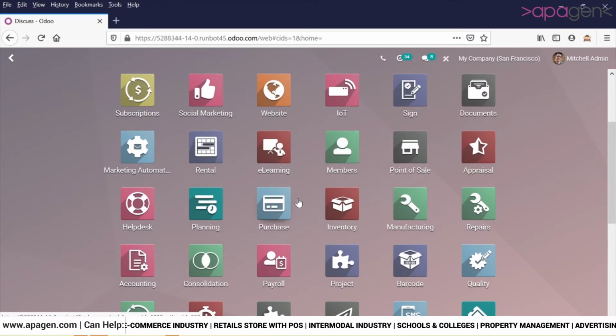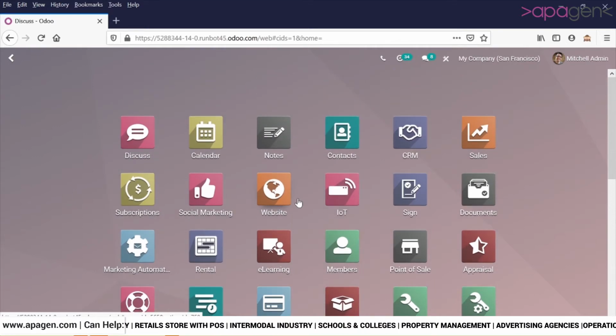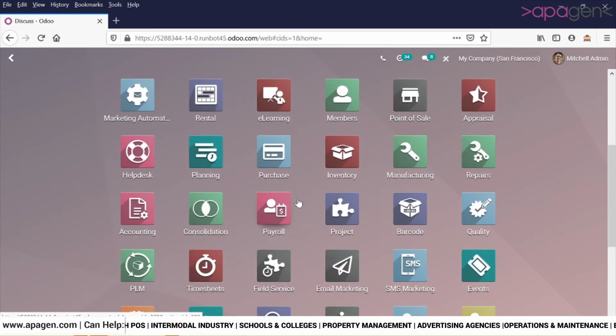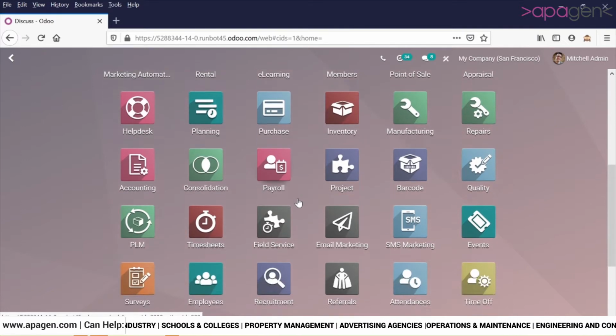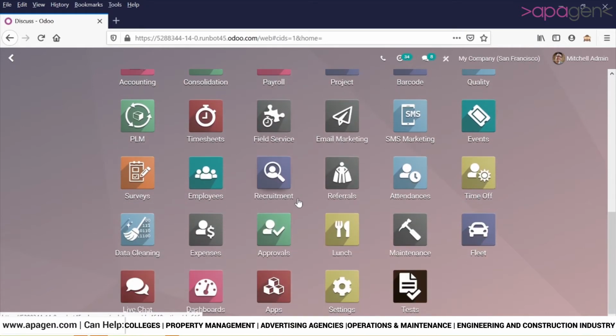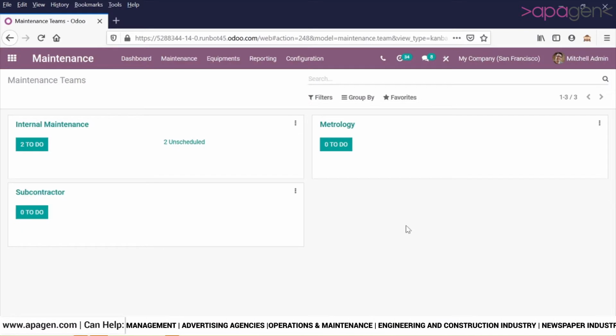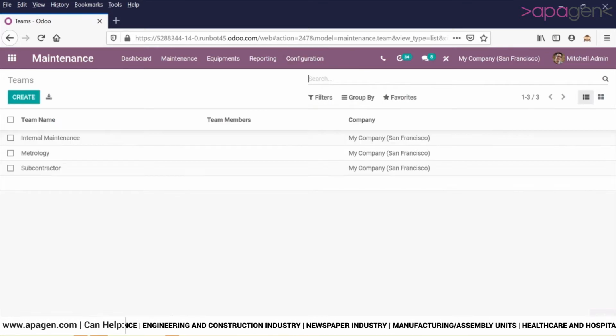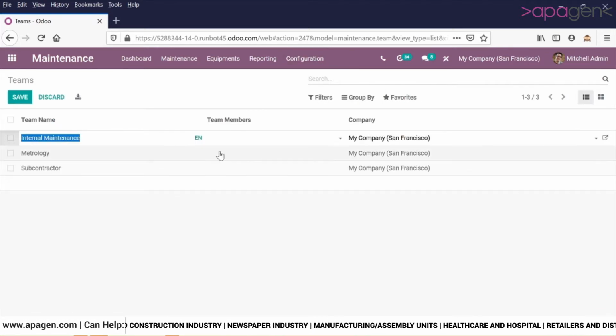As far as maintenance is concerned, it is primarily ensuring a particular process to manage the maintenance, which can be seen through its dashboard, where we have different maintenance teams. Under configuration, we can create different maintenance teams. This information is limited, which only focuses on the fact that different users will be able to see only those requests which are associated with their teams. So let's say you can create one for the IT team, one for your manufacturing maintenance team, and so on.